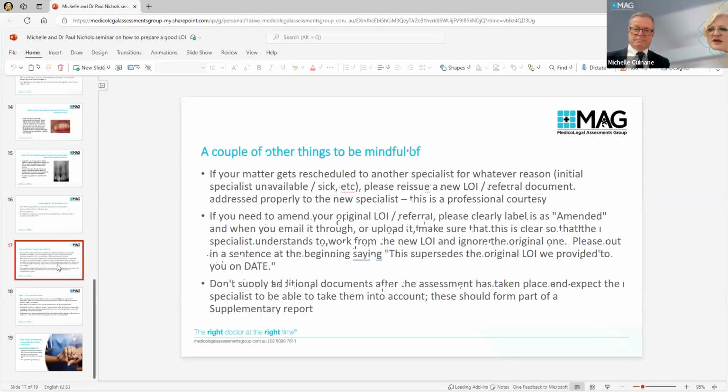So the specialist has pre-prepared in most cases and has used that information as part of their examination and assessment of the person on the day. They can't be expected to then take into account additional information provided after the fact that they can't run by the claimant, that they can't consider and assess again with that person. It's appropriate that that information forms a supplementary report request. Furthermore, not all doctors will accept documents after the fact. Very few will these days.